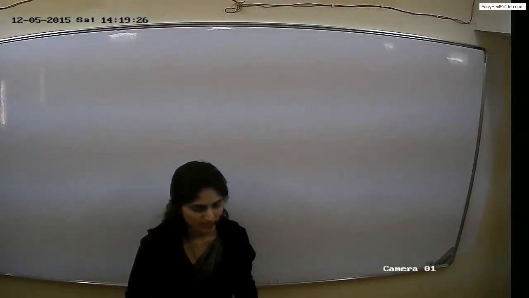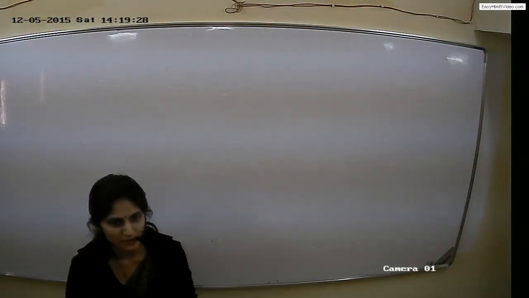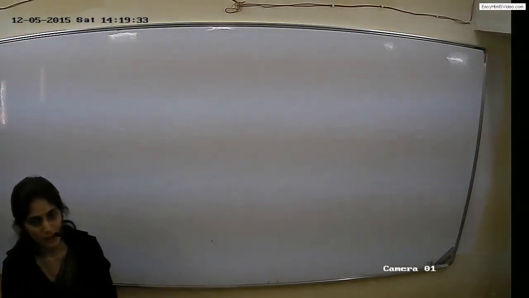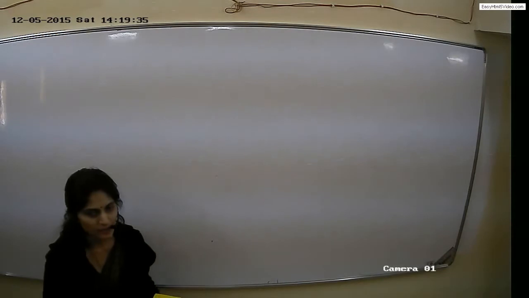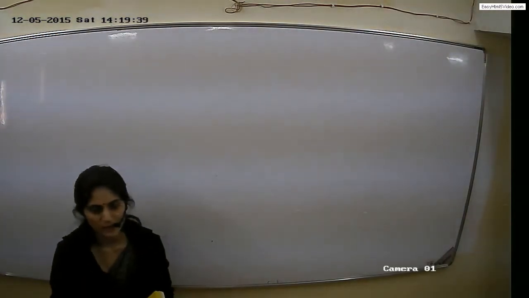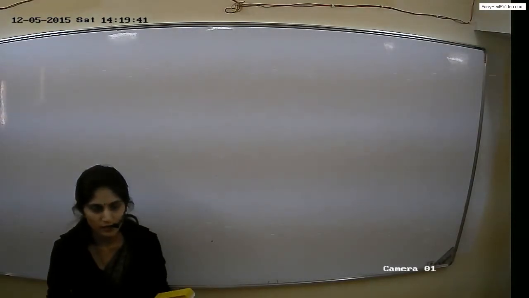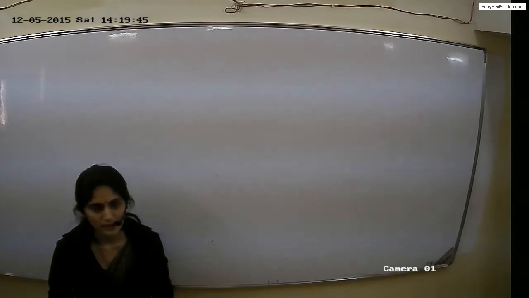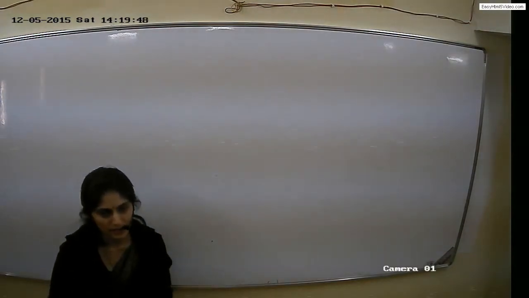Today we will discuss, in the last class we discussed the Newton's rings experiment, its construction and working. This lecture is about calculating the diameter of the Newton's rings. In Newton's rings we get alternate bright and dark circular fringes. So in this lecture we will calculate the diameter for bright and dark fringes.